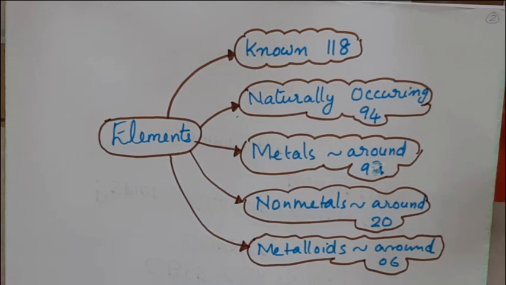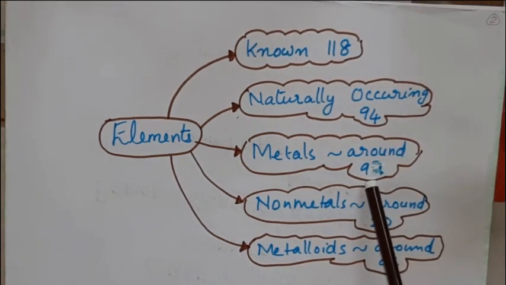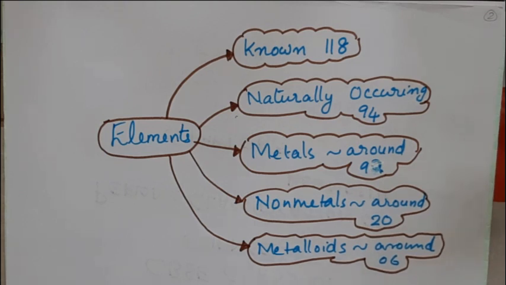You're all aware that we need so many elements in our daily life. So far, there are 118 elements known to us, out of which only 94 occur naturally. And out of that 118 elements, 92 elements are metals and 20 of them are non-metals and 6 of them are metalloids. In this chapter, you will learn about how elements were classified earlier,